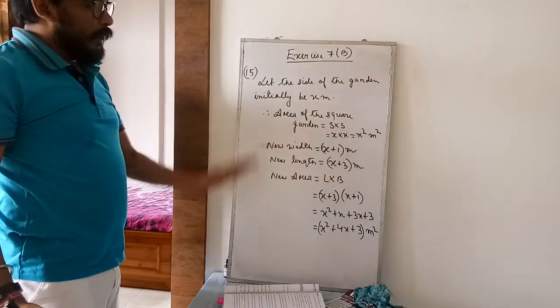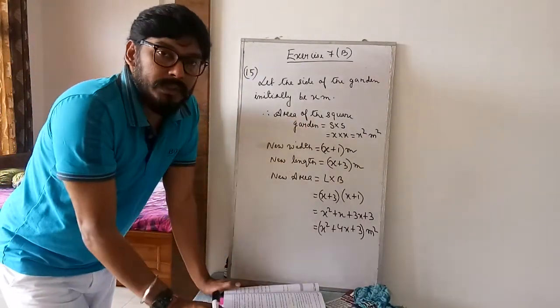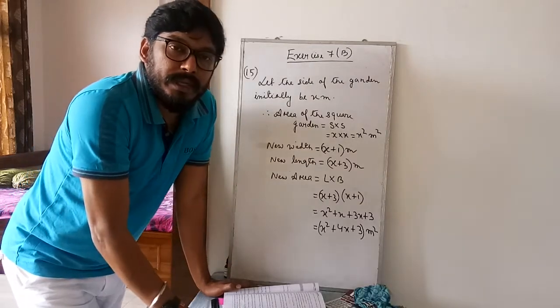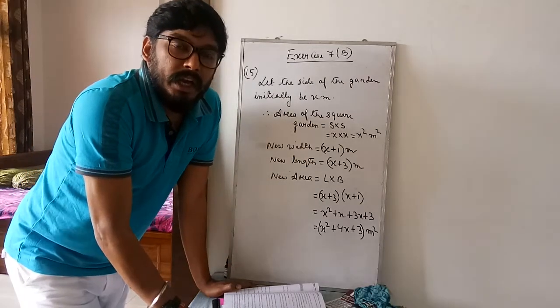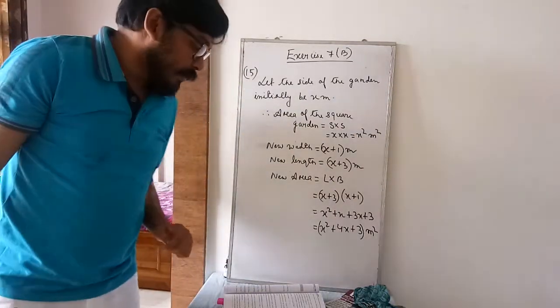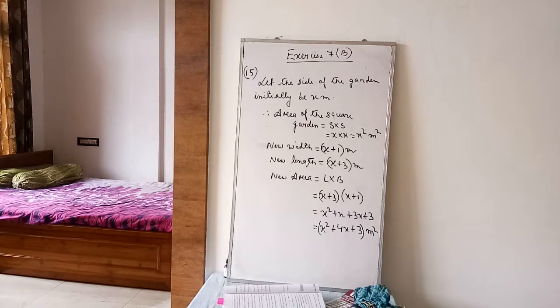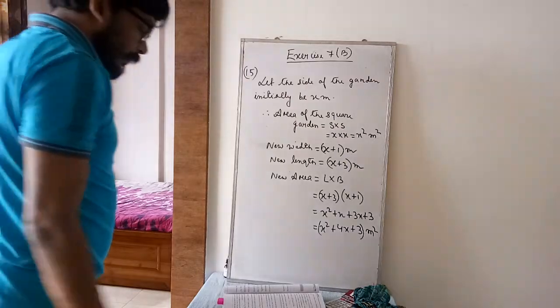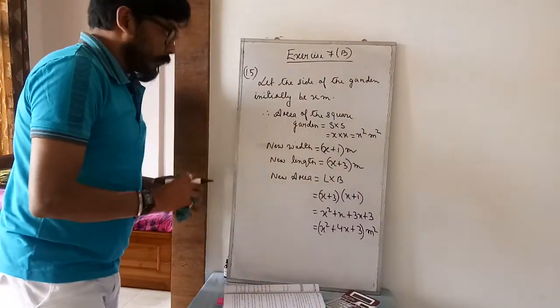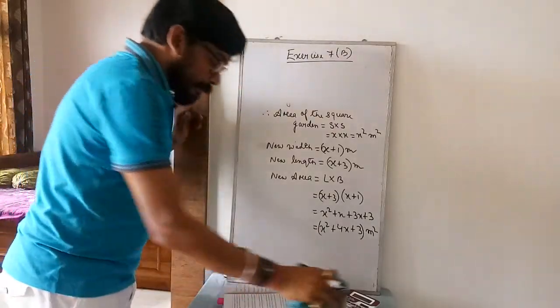Now you have to form an equation. This is just the introductory part. You have taken the introduction of all of this. Now since there is an unknown variable x, I have to form an equation. So take the screenshot. You can put a star mark on this question. Now the equation will be based on area.